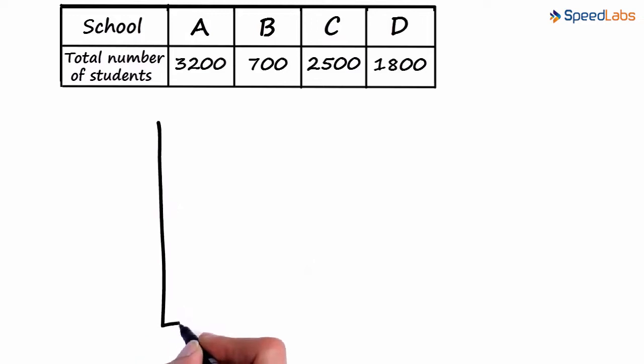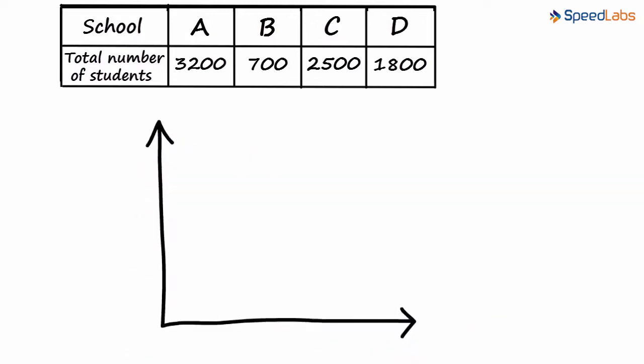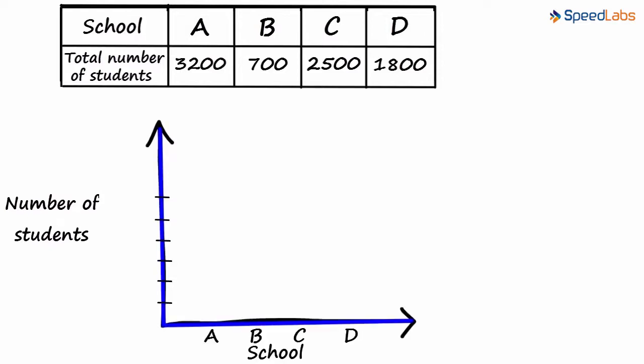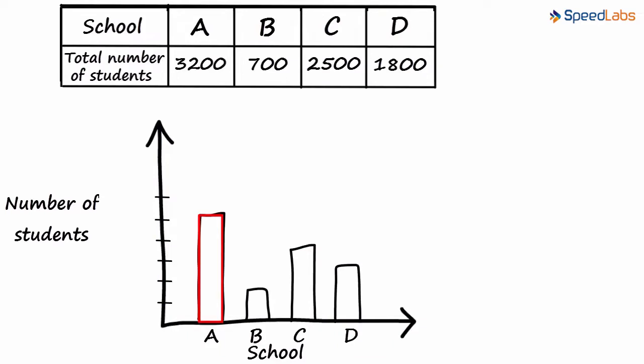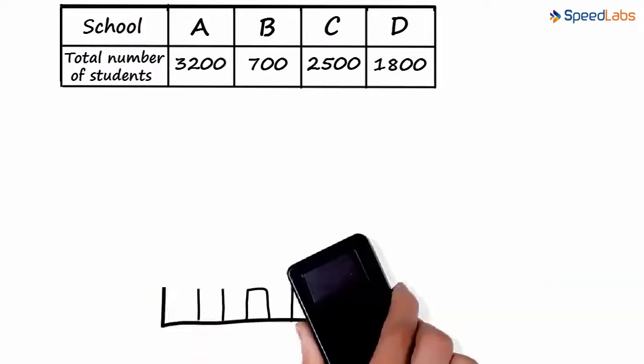First, we draw the horizontal and the vertical axes. We can have the number of students on the y-axis and the names of schools on the x-axis. School A has the most number of students, followed by C, D and B. That's how the bars would look. 3,200, 2,500, 1,800 and 700. Now that it's kind of clear as to how we will proceed, let's erase this and draw the bar graph